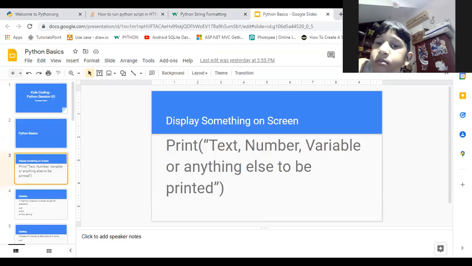So with Python, how to do that? If you want to display something on the screen for users, we are users. Now I'm a user of this computer, so I'm just looking at something on this screen. Now to do this with Python, we have to use